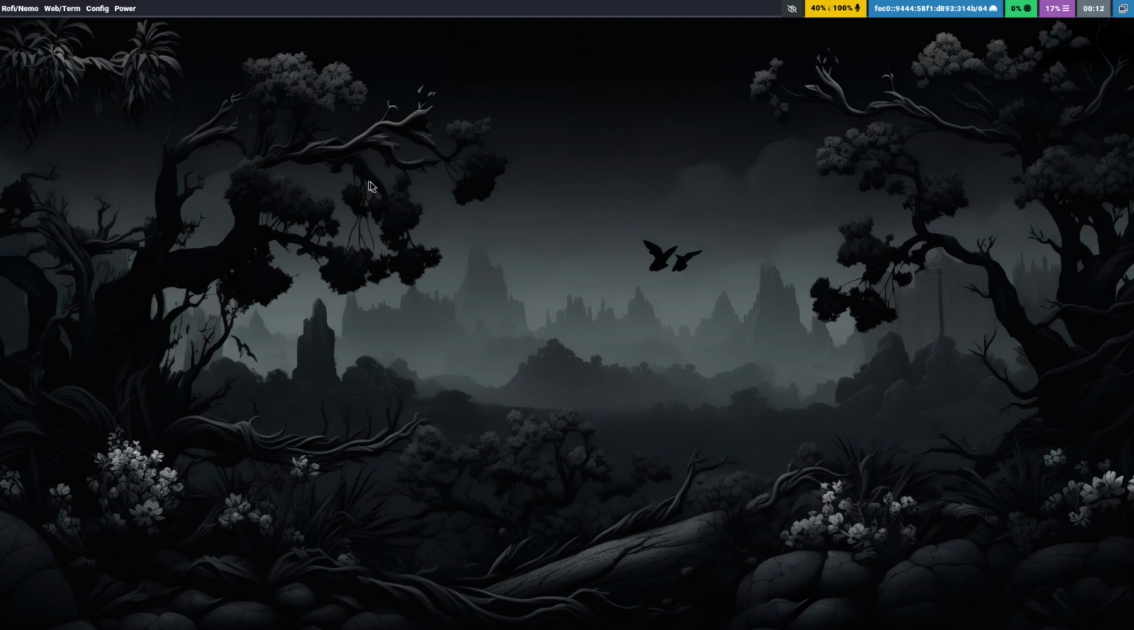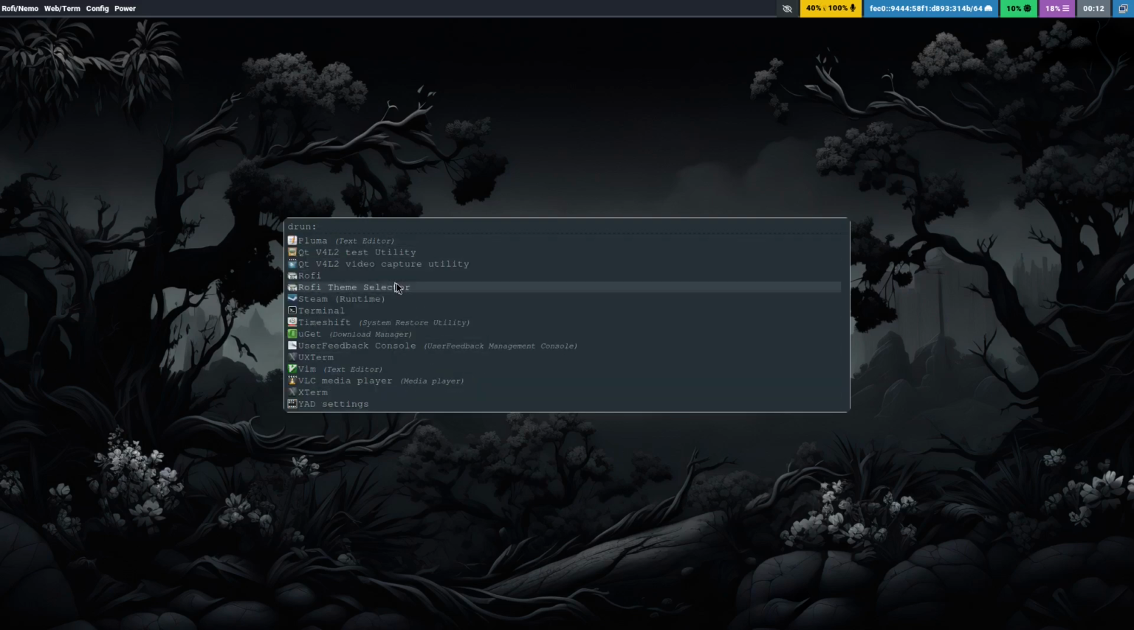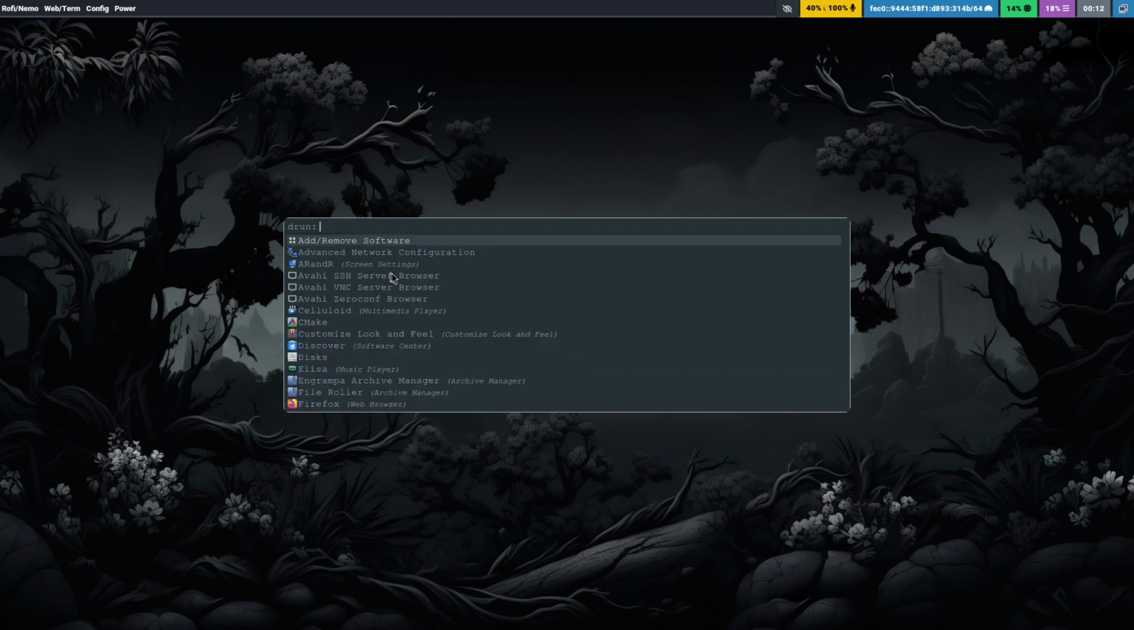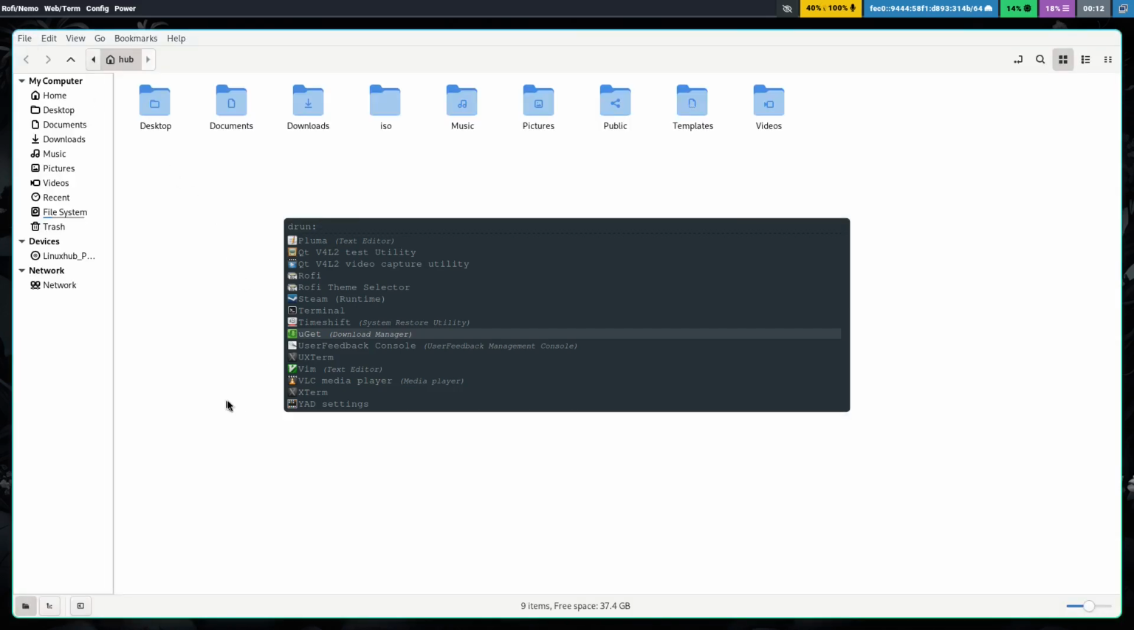But right now, the way I have my version of Hyprland set up is that if you click on the Rofi Nemo button, you get your Rofi. And from here, you can open up your menus and all that. You can open up your applications and see what you got installed and everything like that. But what I wanted to do is see if I can get